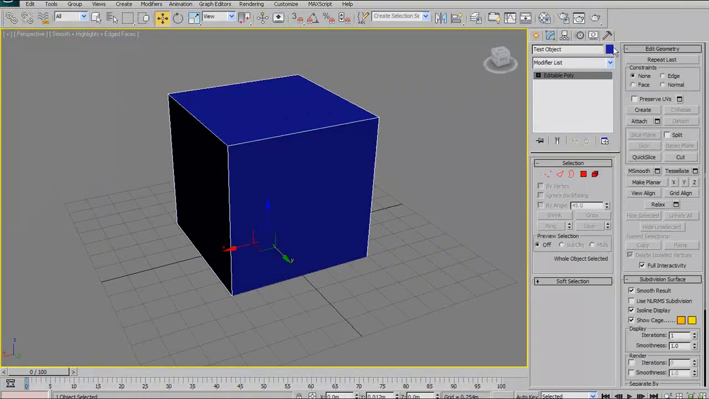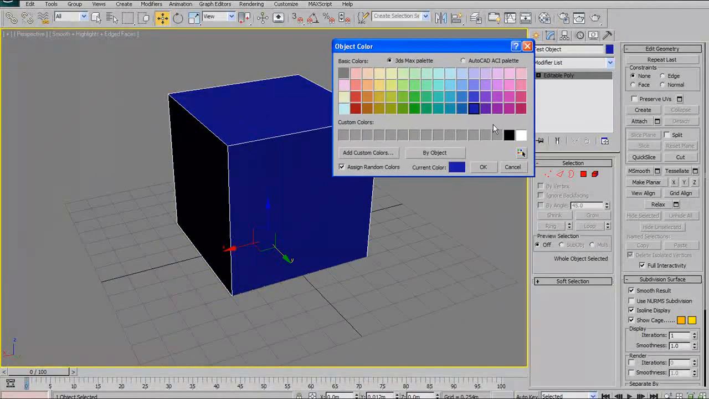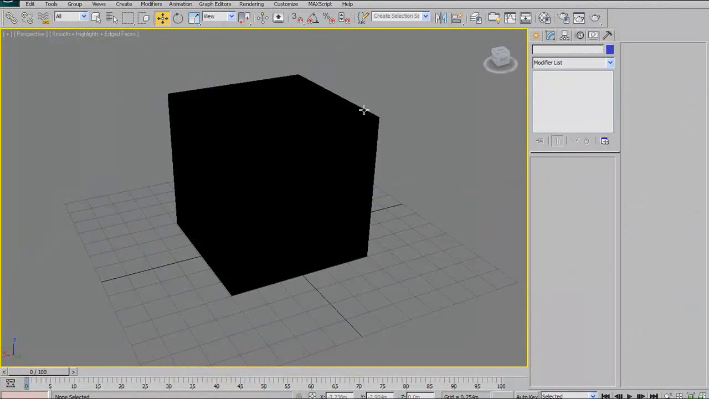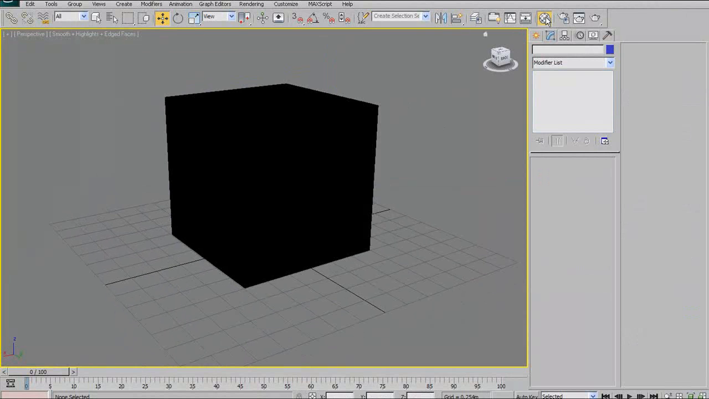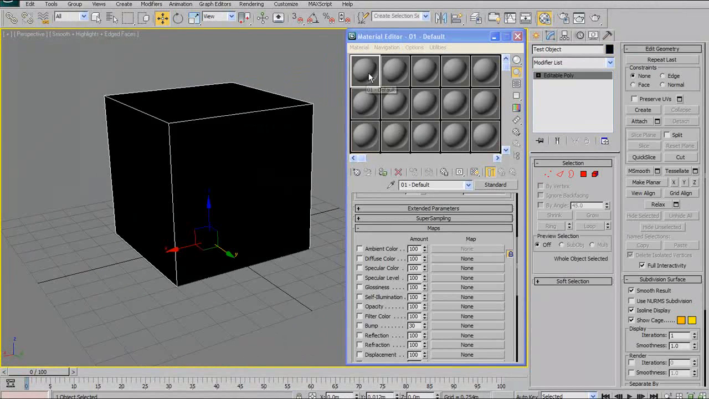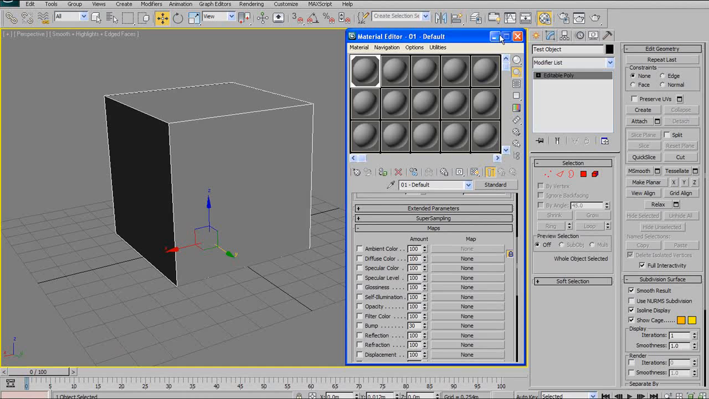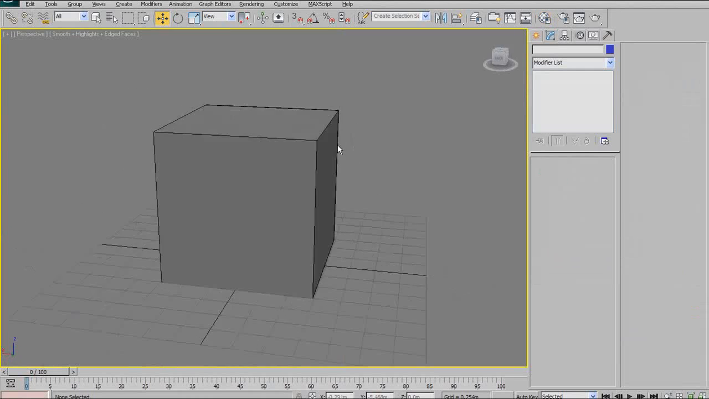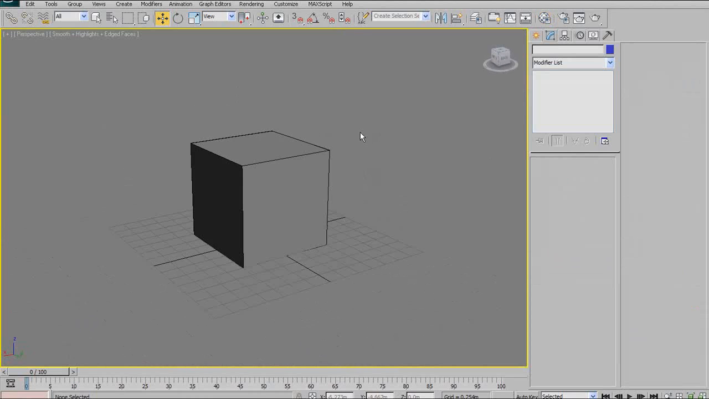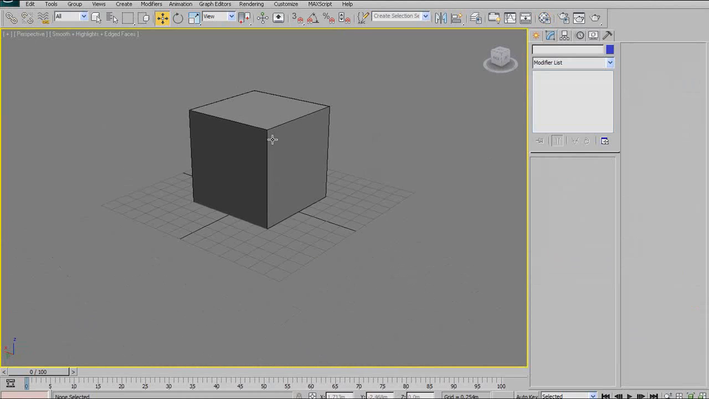So what I tend to do most of the time, when dealing with a single object, is change the object color to black, so that in wireframe I get some black lines, and then go open my material editor and apply a standard gray blend material to it. And what that does is give me a nice shaded gray object with a black wireframe on it, which is to me nice and